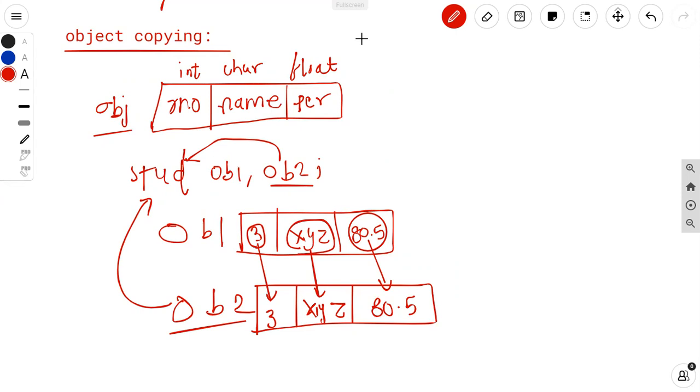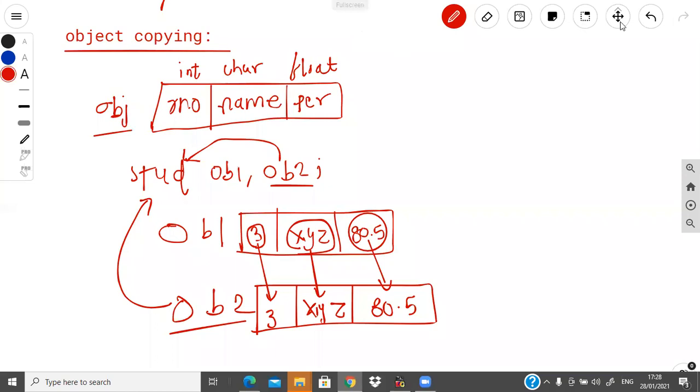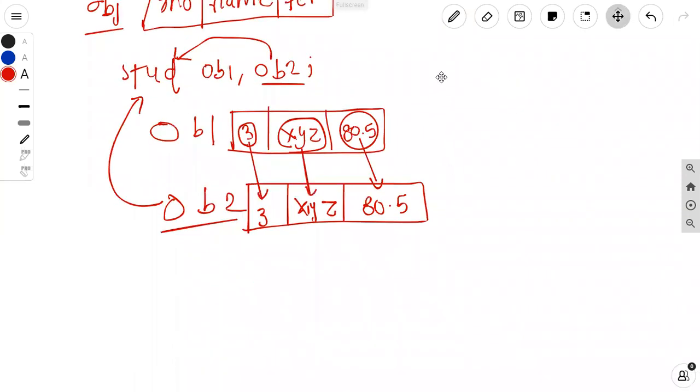Now this object copying can be done in three ways. We can copy the object in three ways. First way is shallow copy. Second way is deep copy. And third way is lazy copy.